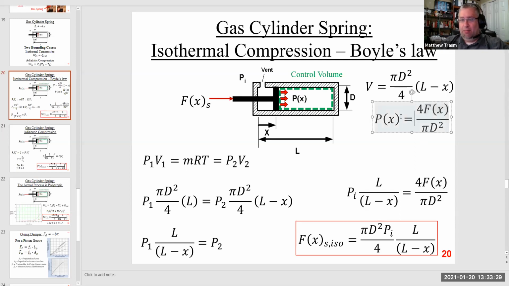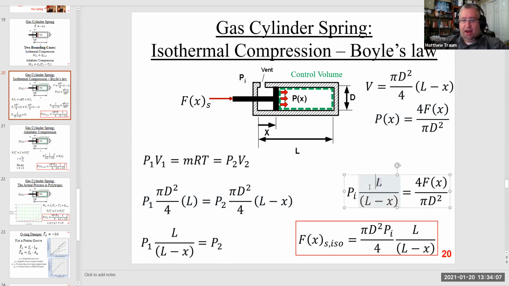That quotient is the pressure. So I just set it up this way, and then eventually I'm going to isolate the force by solving for it, and then putting the pressure into the equation. Okay, so with those two definitions and Boyle's Law, what do I do? Well, first I replace the volume expressions with my more detailed volume expression. It turns out that the cross-sectional area drops out of both the left and the right-hand side of the equation. Then I'm left with P1 times L over L minus X is equal to P2.